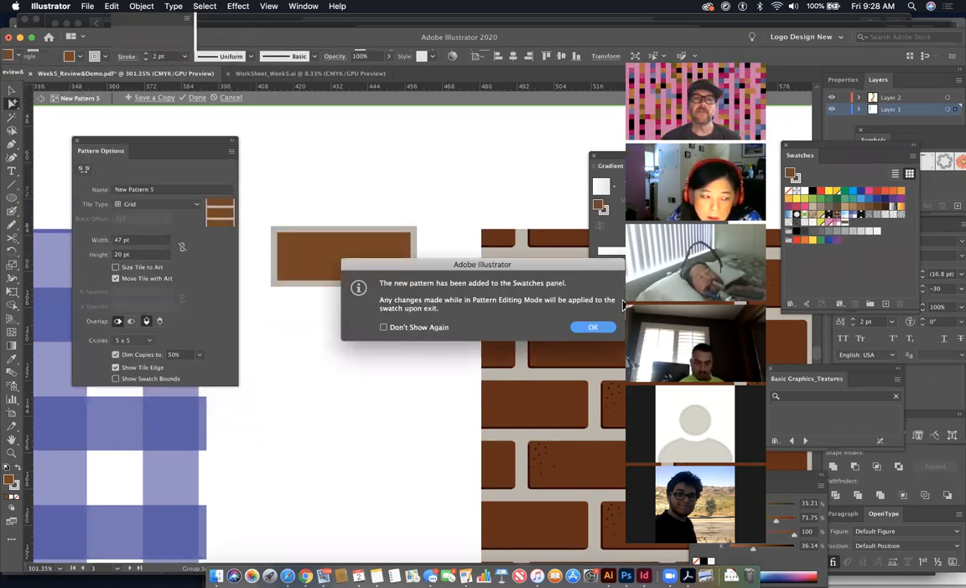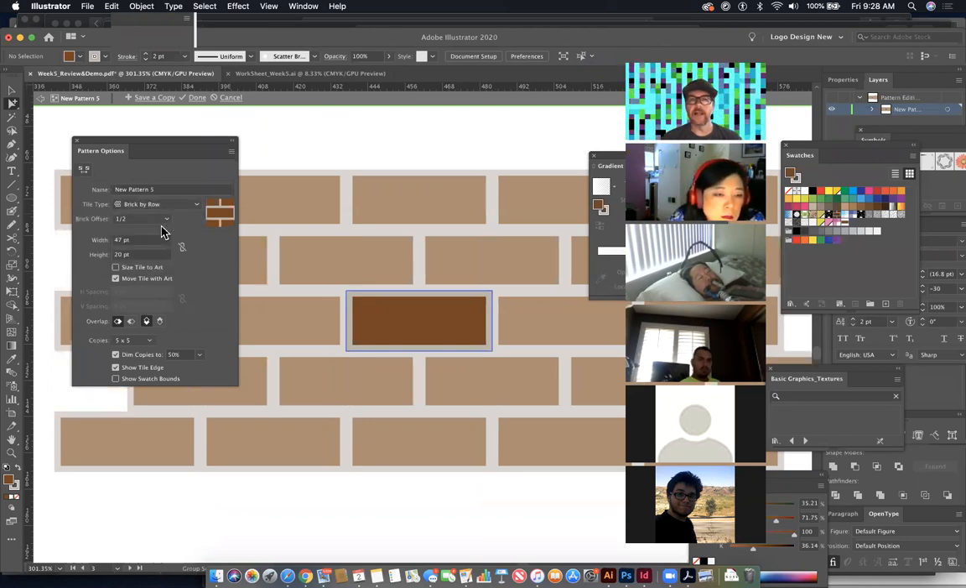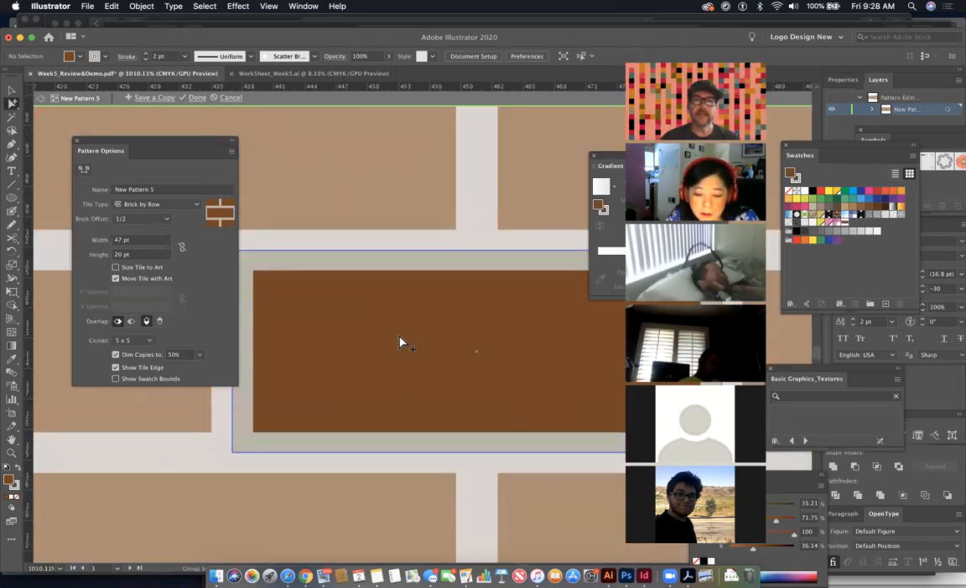And by default, of course, it's a grid structure, so it looks like this. To make it look more like a brick pattern, we can choose brick by row. We've got a pattern definition that's made especially for this. And so we're going to choose that and then go ahead and hit done. But if I wanted to add more detail, whilst I'm in this mode, whilst I'm in pattern editing mode, I